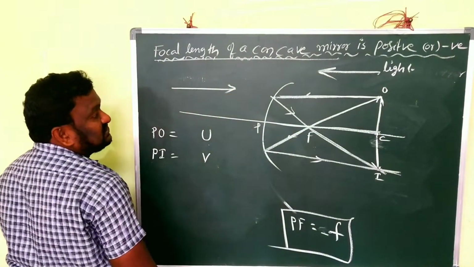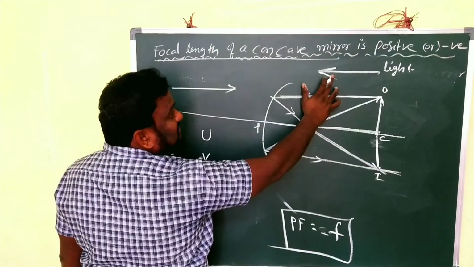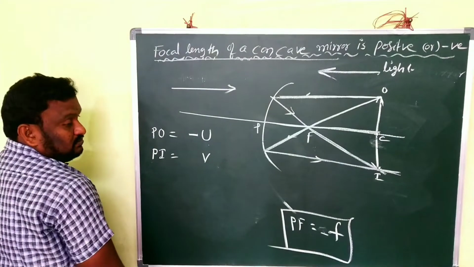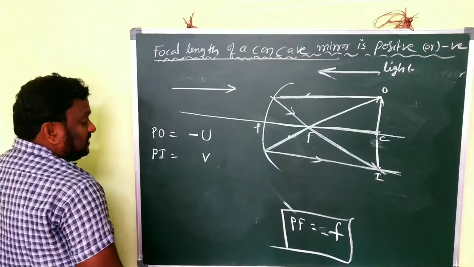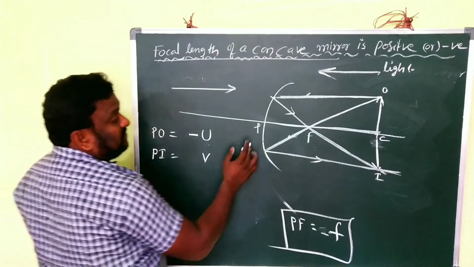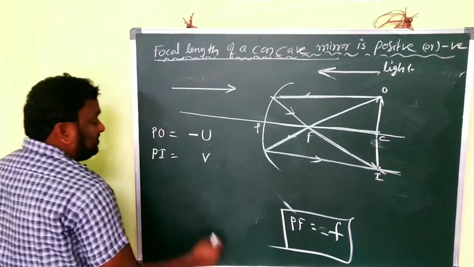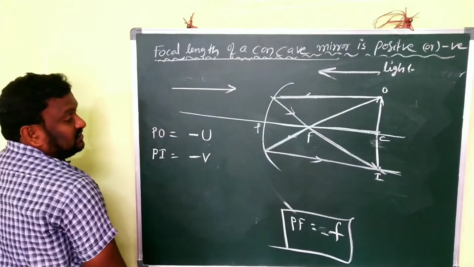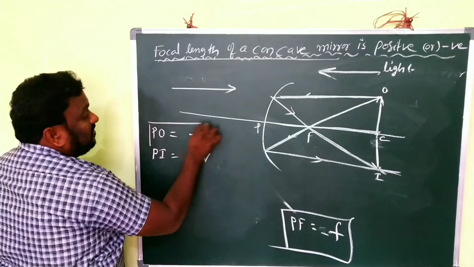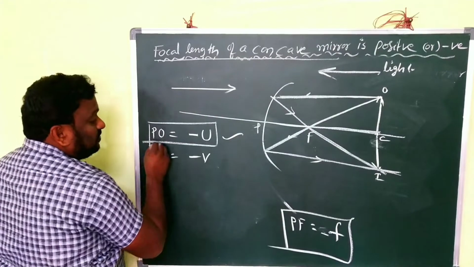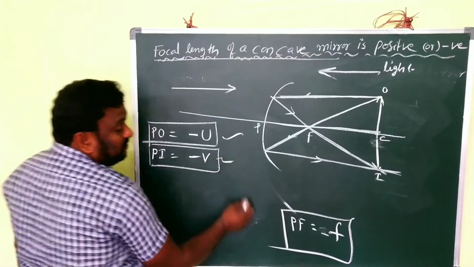We are taking the distance in the opposite direction of the incident light. That's why PO is equal to minus u. And PI is the same thing. Image distance, what is that? Minus v. That's why for a concave mirror, object distance is negative, image distance is negative, and